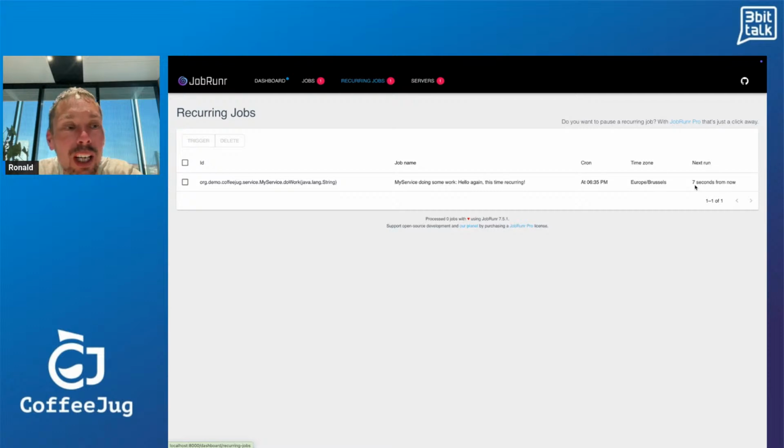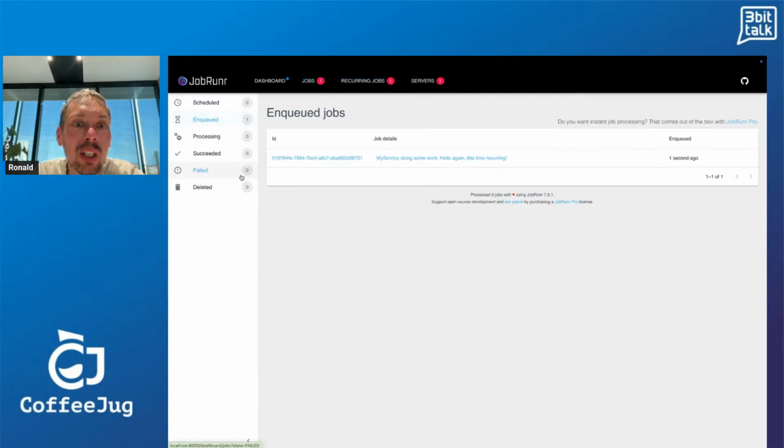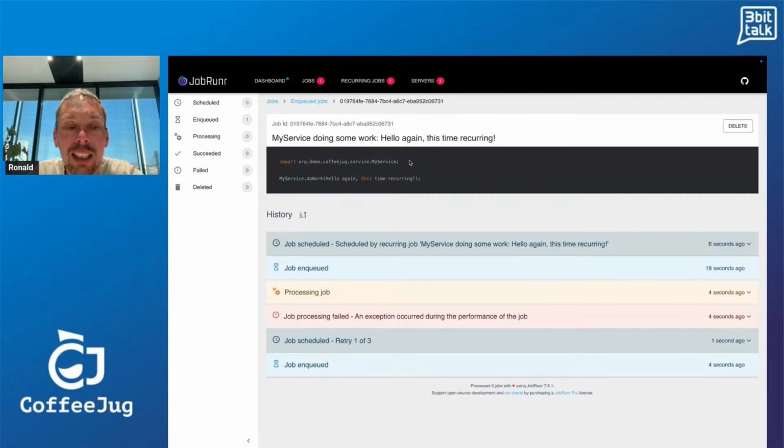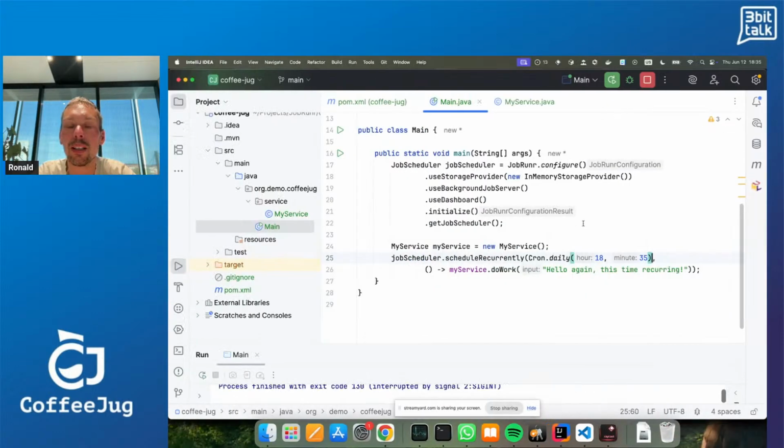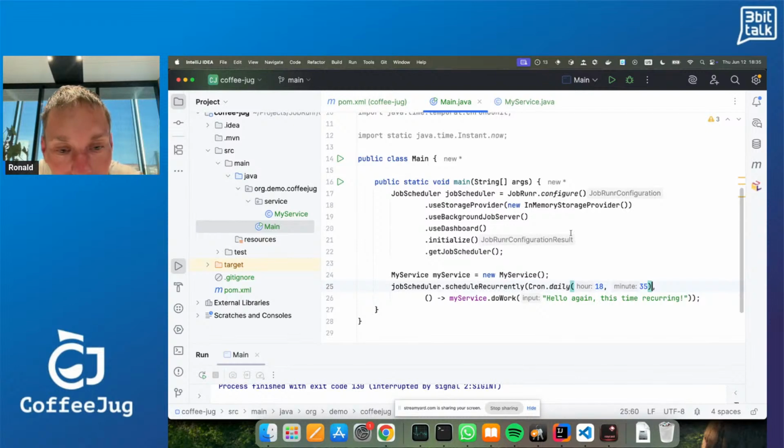I don't know if there are any questions about this already, but that's in fact the live coding demo from JobRunner. And here now we see the counter 1. It's in queued. And of course, it starts failing again because we throw an exception. So that ends the live coding part.